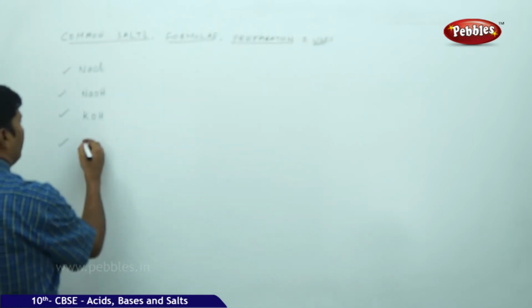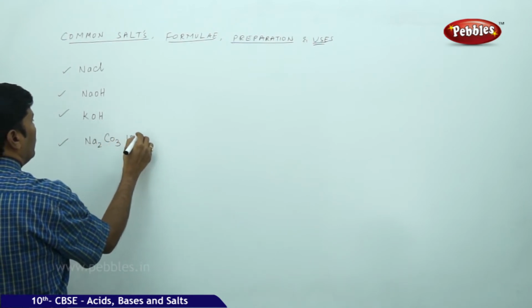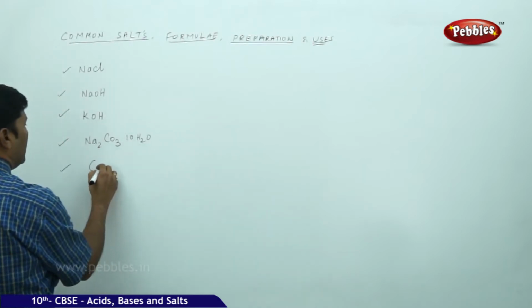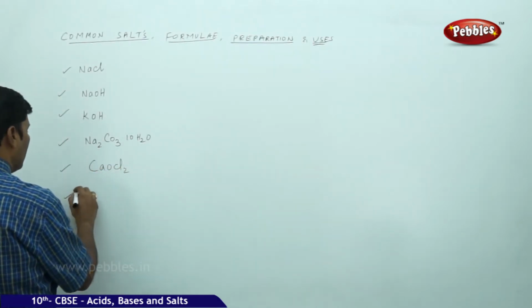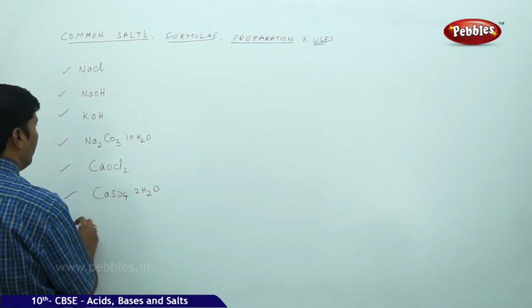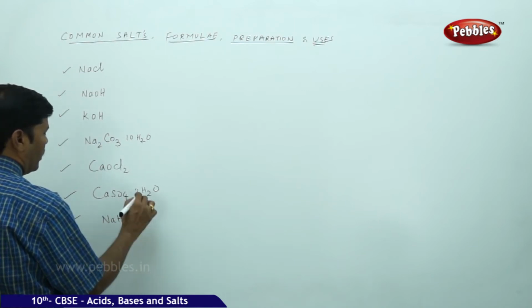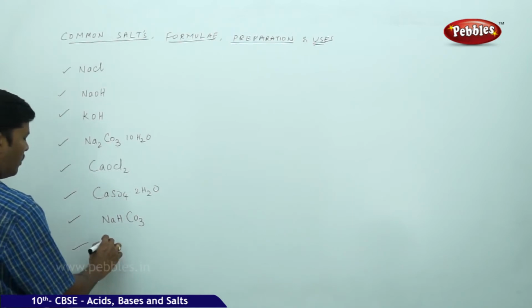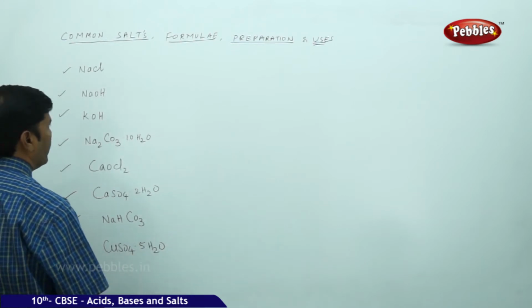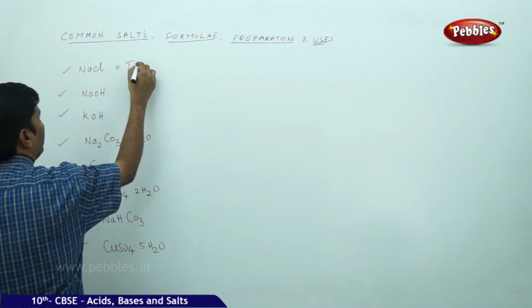you can take Na2CO3·10H2O, CaOCl2, CaSO4·2H2O, and NaHCO3. Of course, you can add one more, CuSO4·5H2O. Here NaCl we call simply table salt